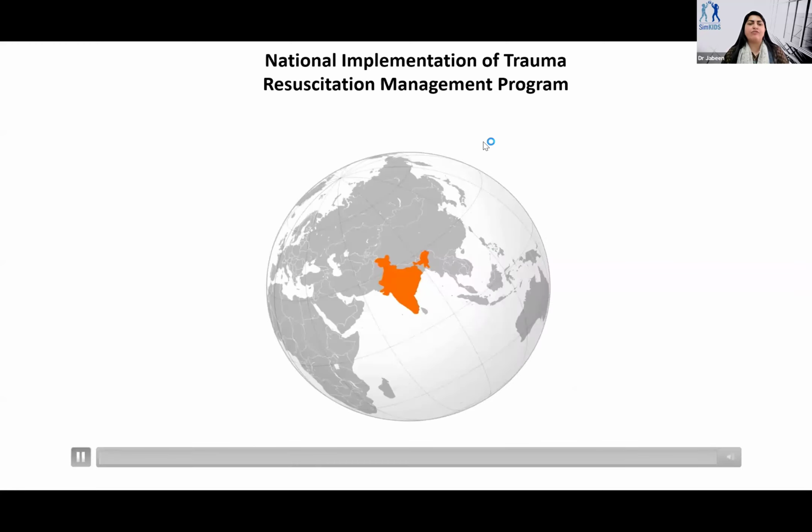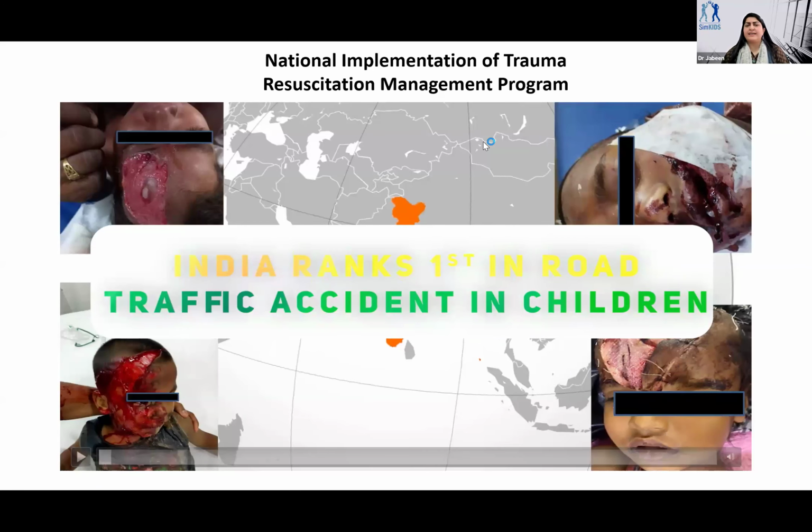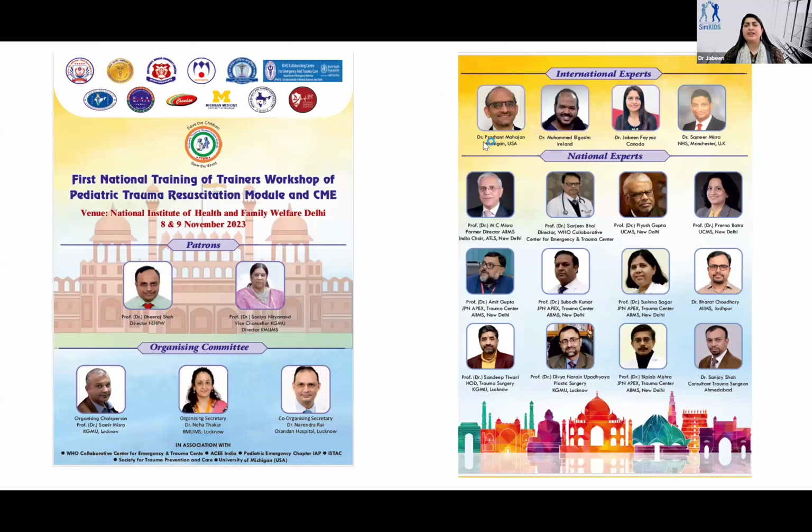This is what we offer. Because trauma in India, and that is true for Pakistan as well, we learned there's only one chapter in ATLS, and that's all about pediatric trauma. But what we felt, there was a faculty who got a grant, Neha Thakur, and this is her project, her baby, and I was the international advisor and support person on that project along with Dr. Qasim and Dr. Prashant Mahajan from USA, and we all developed a full training program, train the trainer course, and